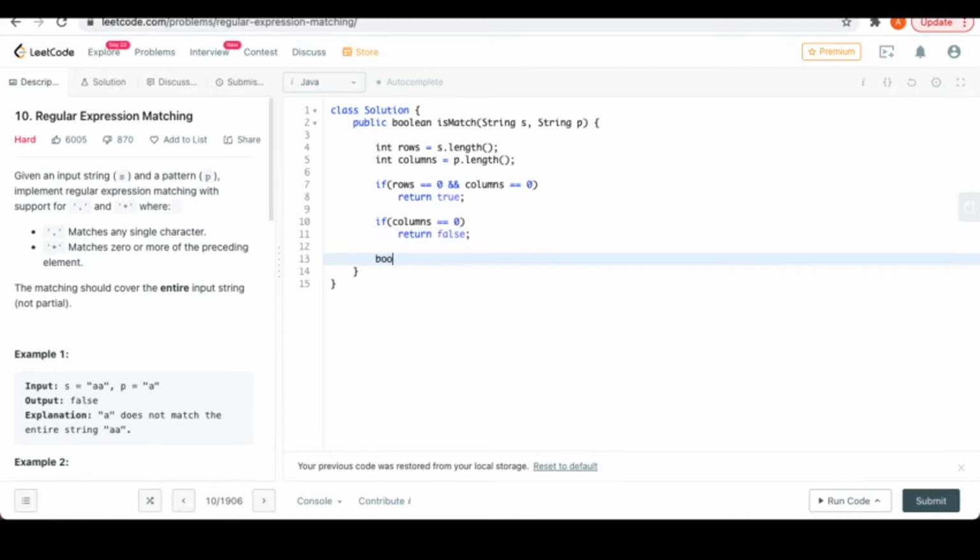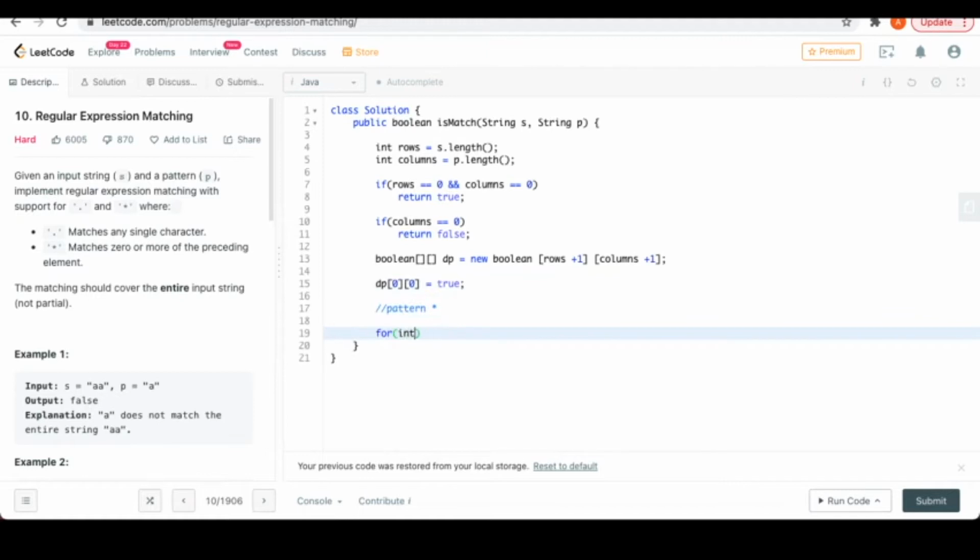Then I will utilize a dynamic programming approach to solve this. I am creating a 2D array of type boolean, and the size is going to be rows plus 1 and columns plus 1. In order to initialize, I will initialize the first value to be true, and then let's start with the pattern star condition.